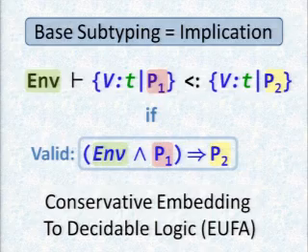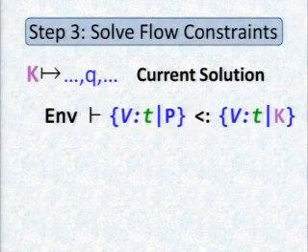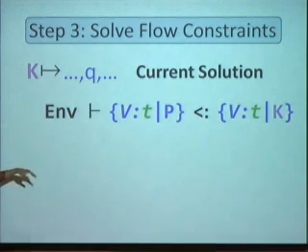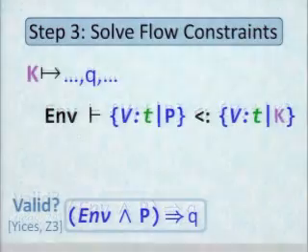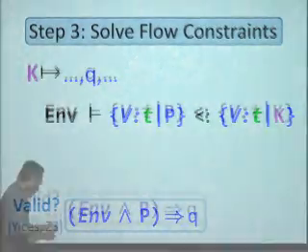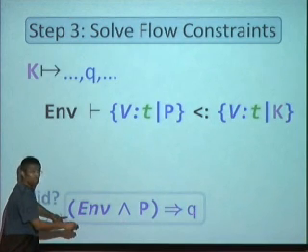Okay, so this, mind you, is just the base subtyping. There's all the fun stuff with functions and lists and so on and so forth. But in the end, it's all going to crunch down to just these base implication checks. So how are we now going to solve the constraints? Well, imagine that I'm trying to figure out if this constraint is satisfied, a constraint that looks like this with some k. I'm going to look at the current solution for k. It maps k to some set of qualifiers. What I'm going to do is ask the theorem prover, which is Yices or Z3 or what have you, in this environment and p, does q hold?